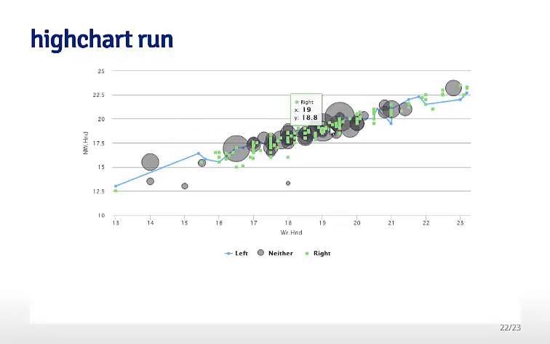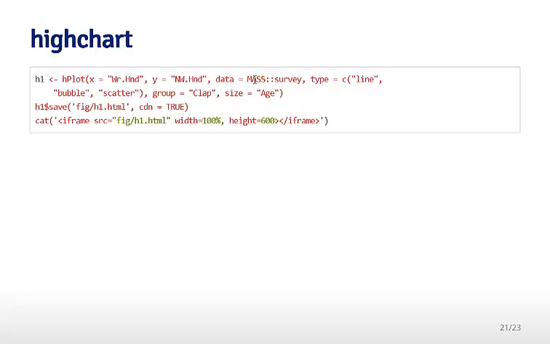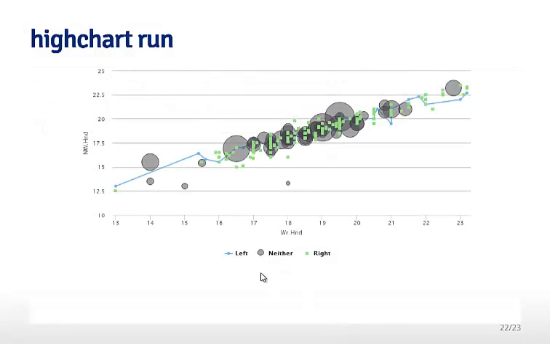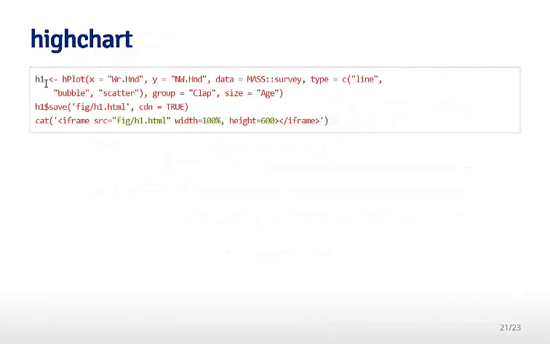It makes kind of an ugly, somewhat useless plot, but it shows the bubbles, and the size is related to age, and so you can go through that example, but that's why I believe he's doing it. And it's nice because you do see things like this that are very hard to do in R, like the transparent overlays and things like that. So at any rate, I'm hoping that going through these examples shows you